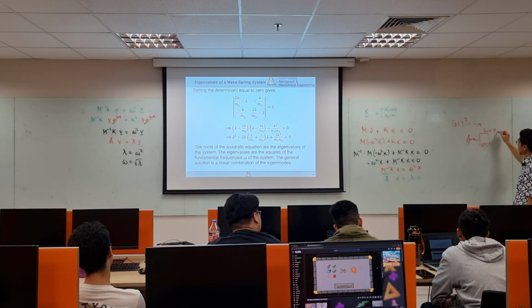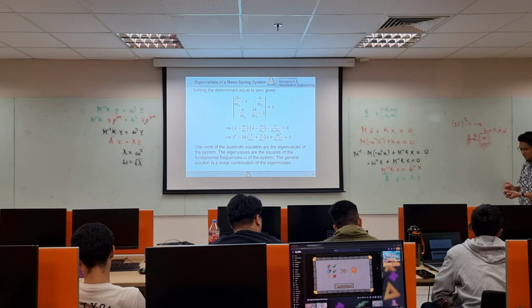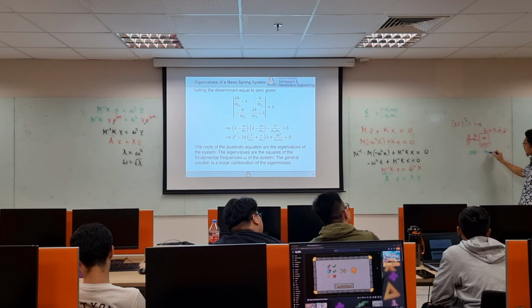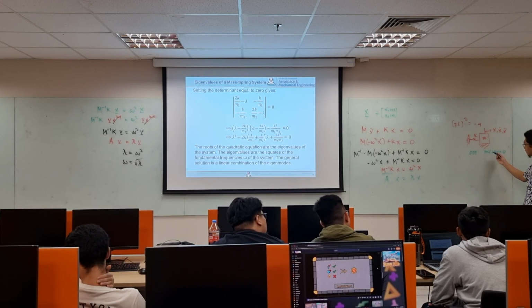This one only, x double dot, this is k, this is m. So the ODE will be what? It will be mx double dot plus kx equal to 0. Still x double dot, right? Yeah. But I can write it down,